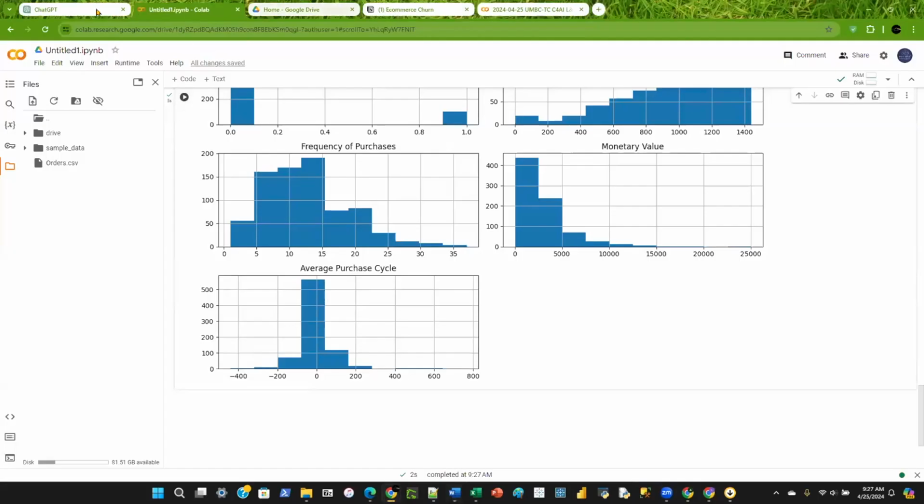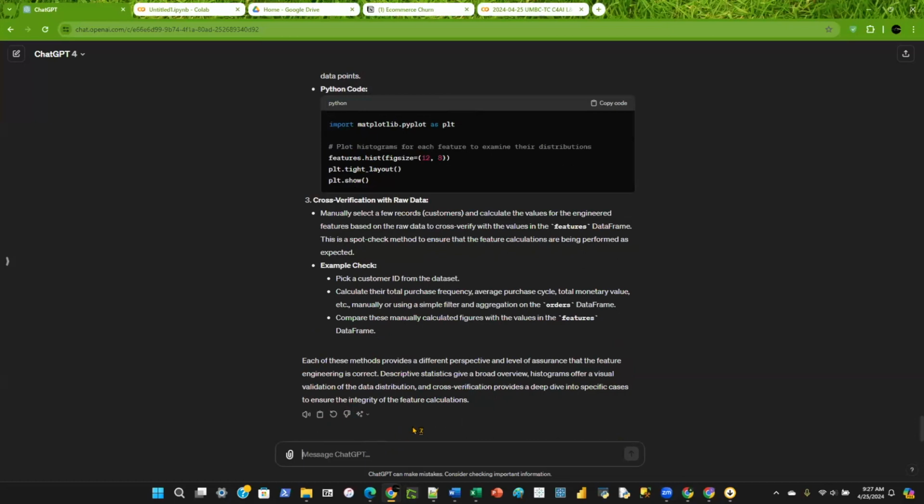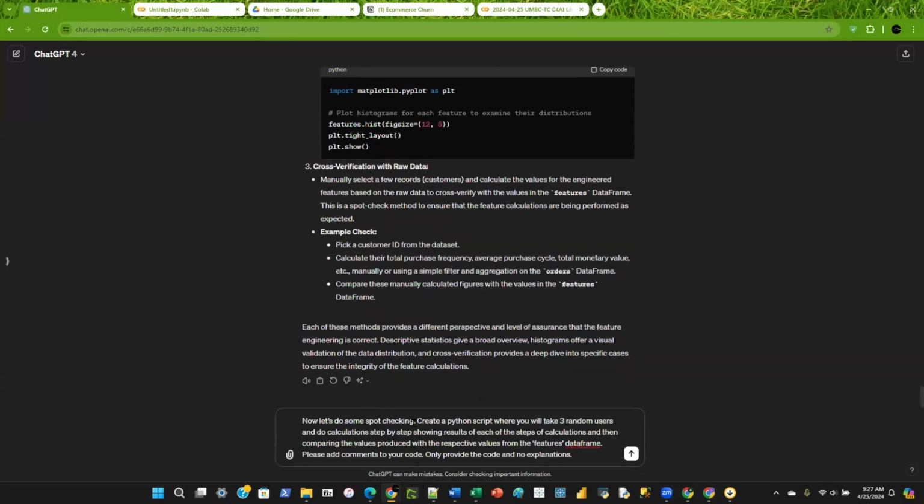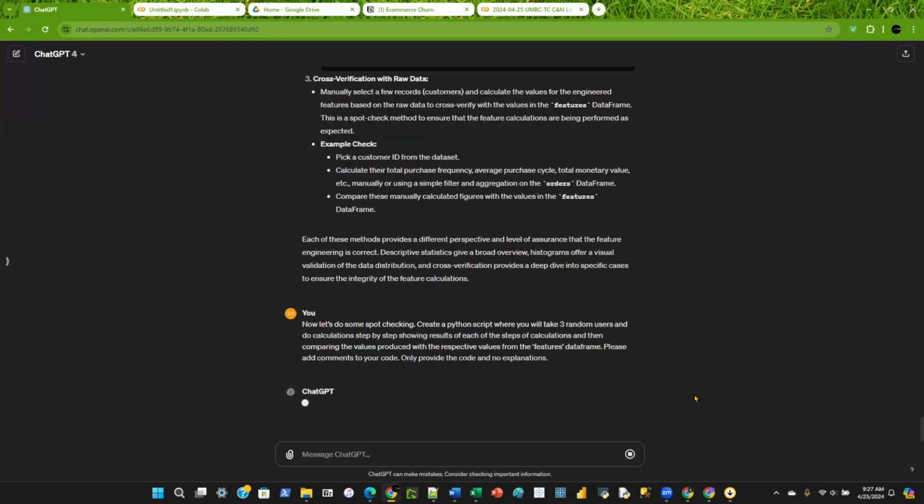We'll tell ChatGPT now, hey, that's good at an overall level. Now I want you to identify 3 random users in the data set. You've done a calculation, and I want you to do the calculation step by step in front of me and show me that the end result of that step-by-step calculation that you did just now is the same as what is in that data frame that you handed to me previously, if that makes sense.